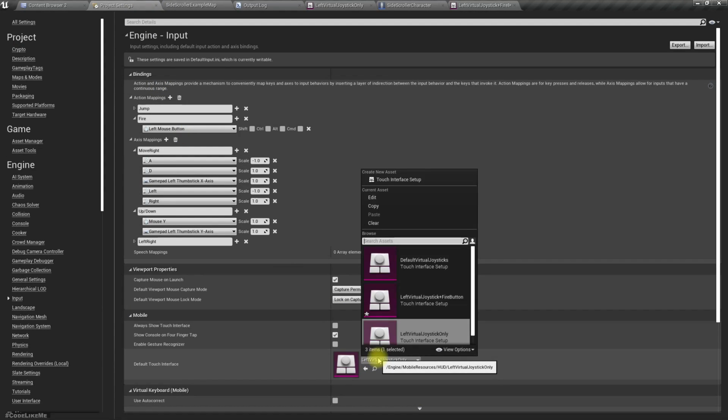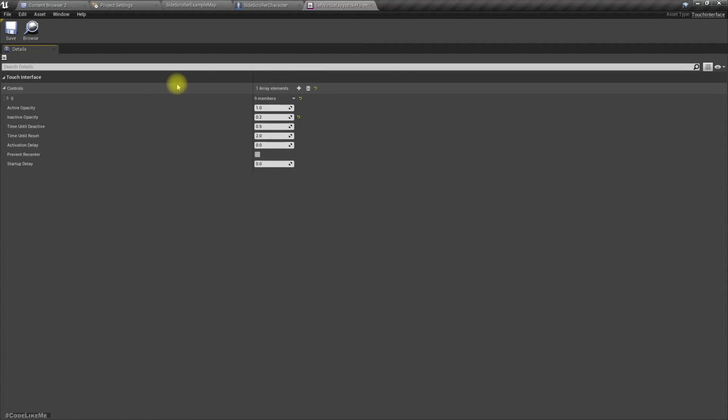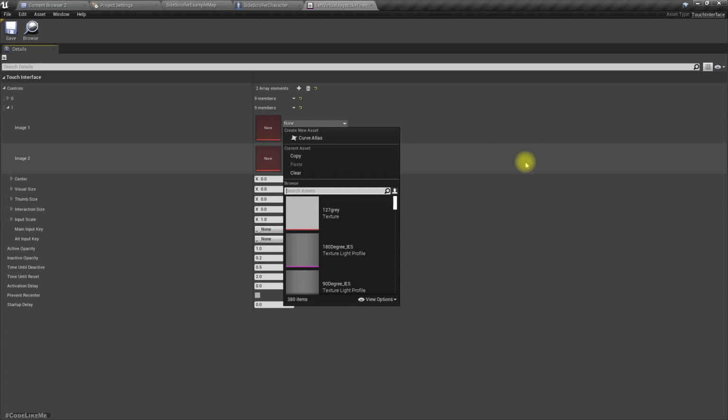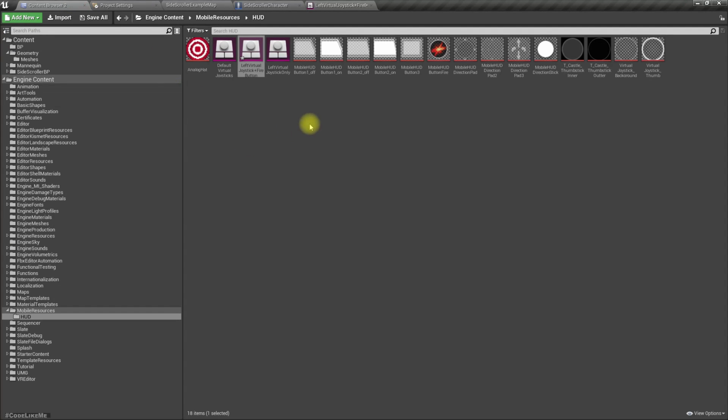and I'll assign that one. Let me close other stuff. Okay, now I'll add another element here, where this is just a button. So yeah, can we use, let's use this